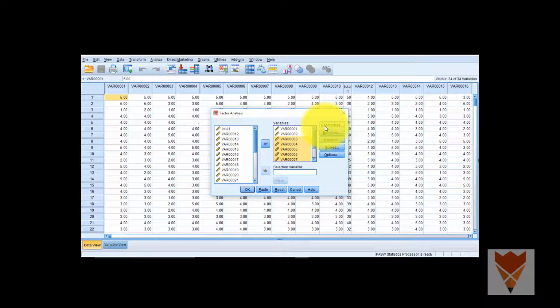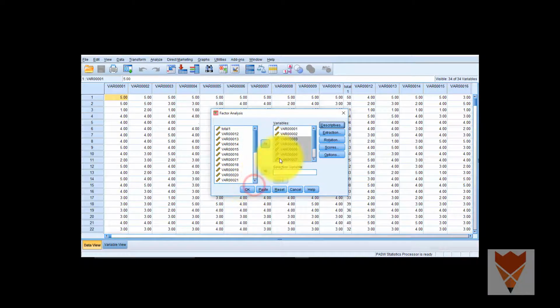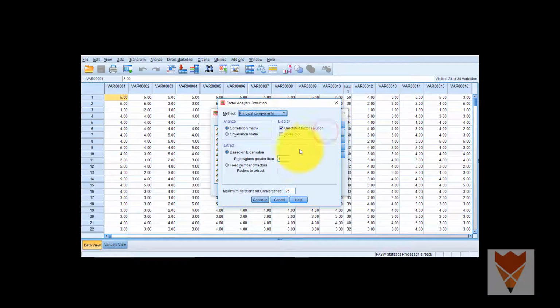Okay, then I'll go to Descriptives. In this, Initial solution is the default. The other thing that I'll check is KMO and Bartlett's test of sphericity. Why we will be using that, I'll be explaining in the output window. Then Continue. In Extraction,